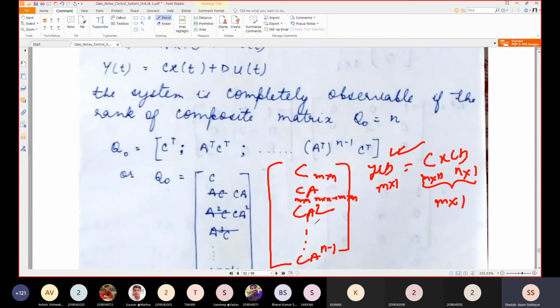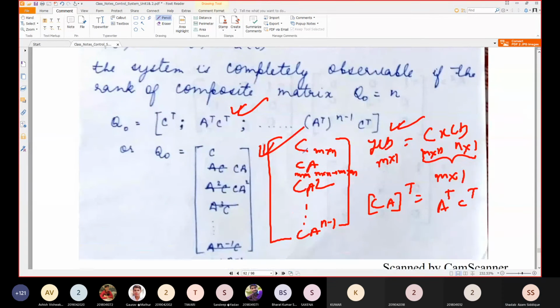If you take the transpose of all these, you get C transpose. Now for the transpose of CA, as you already know, in matrix multiplication the transpose is split and interchanged: A transpose will come on this side and C transpose on that side. This is the basic property. Using this property, you can have the transpose form also. If you're comfortable with this, you can use that formula too. Otherwise, I prefer this formula.